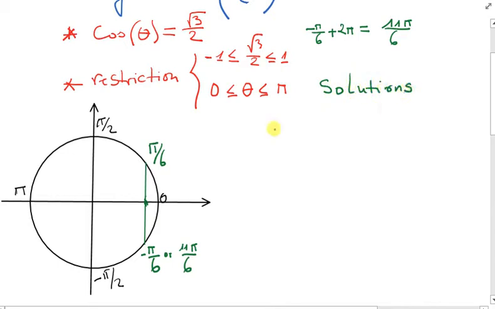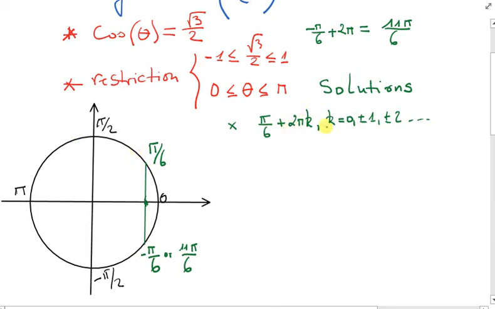we get two of them. The first one will be pi divided by 6 plus 2 pi k, with k a constant that could have the value 0, plus minus 1, plus minus 2, etc. It means that when you're going along the curve, the unit circle, this k can bear different values.